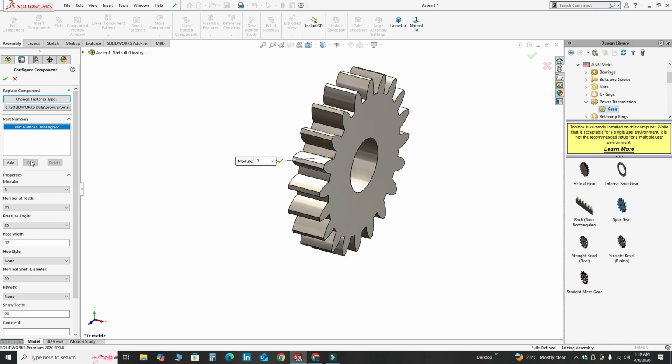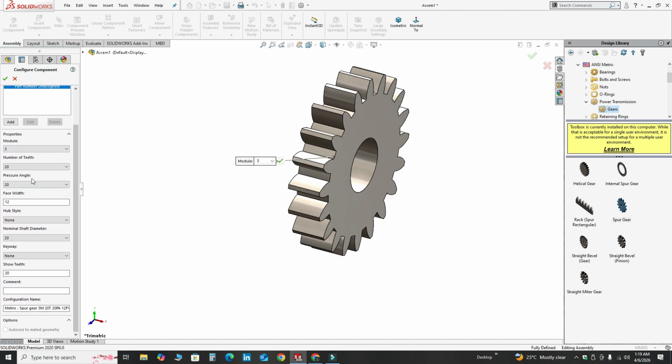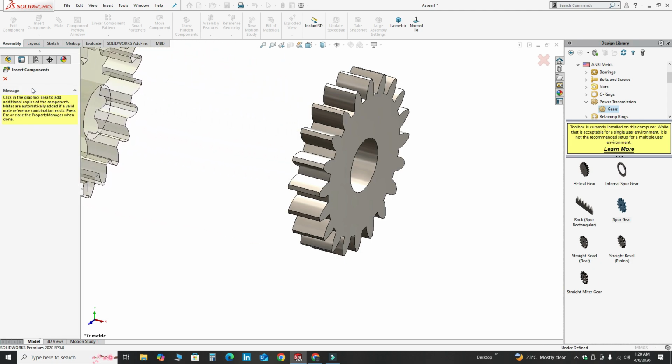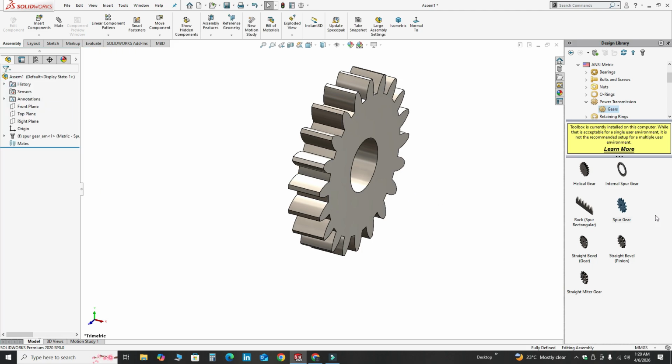And here you can see the properties of the gear. The module is 3, number of teeth 20. I will keep pressure angle as 20. This is the width of the gear, which is 12 mm. The nominal shaft diameter 20. And you can apply keyway, but I will keep it as it is, and I will select OK. I will cancel it, and I will again